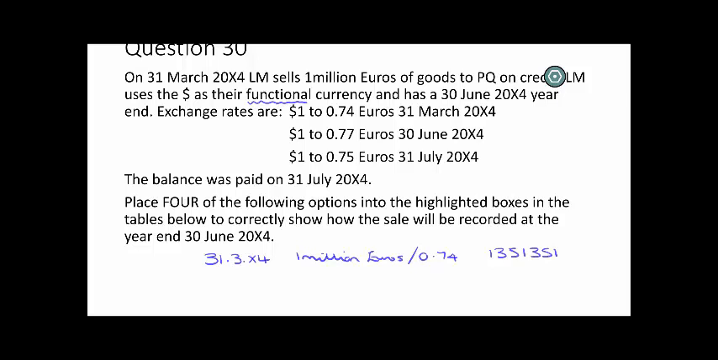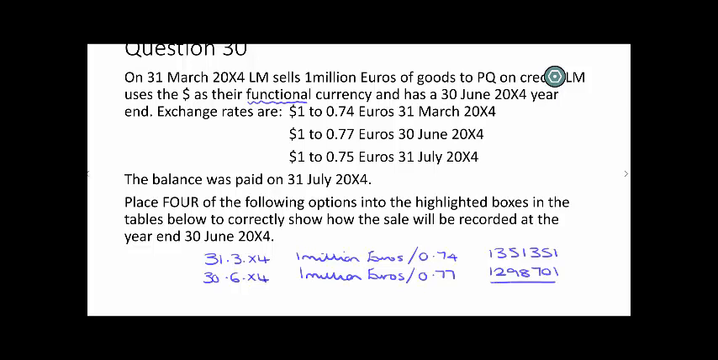The receivables balance is still outstanding at the year end, and as a monetary item does need to be retranslated. It's only non-monetary items which are not retranslated, so inventory, non-current assets. So at 30th of June X4, that same €1 million needs to be retranslated using the revised exchange rate of 0.77, which here would give us a figure of